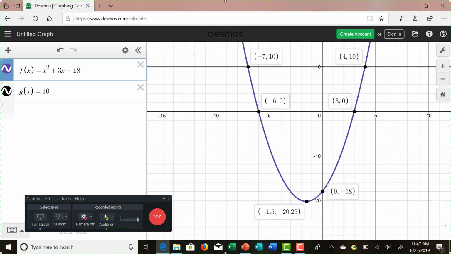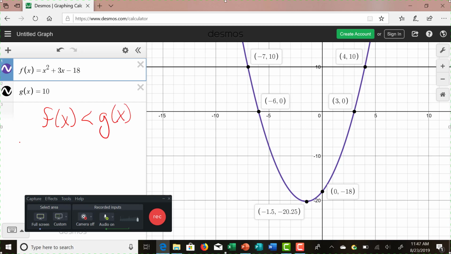In this video, we're going to take a look at solving quadratic inequalities using a graph. And let's say that we have two functions, f and g, which you see here. F is in this dark kind of bluish color, and g is in the black color. And let's say we want to know when f of x is less than g of x.